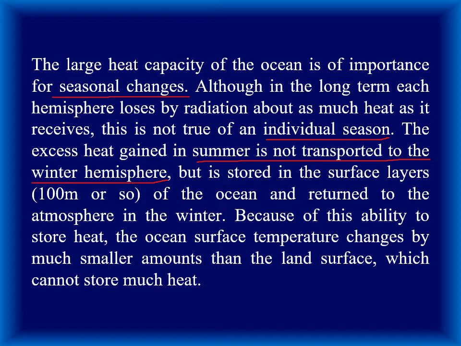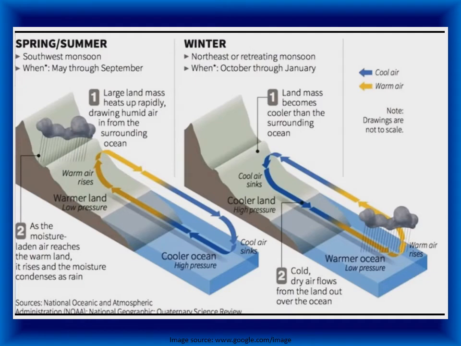Because of this availability of stored heat, the ocean surface temperature changes by much smaller amounts than the land surface, and the land surface, we know, cannot store much heat. So there always exists a differential heat between the land surface and the ocean water body. And due to this differential heat, there is a circulation or movement of wind